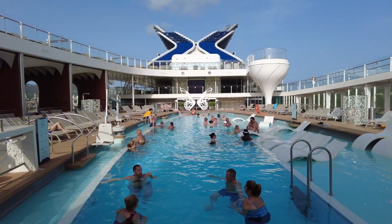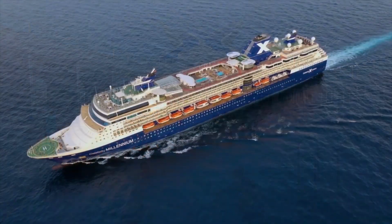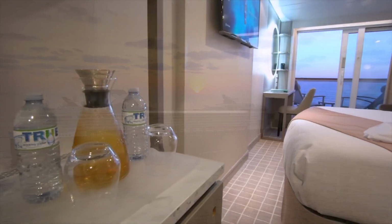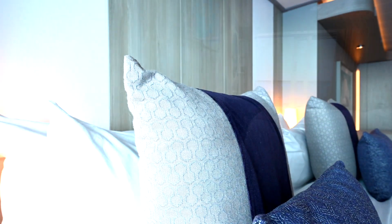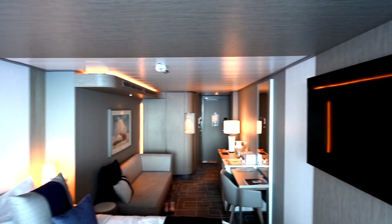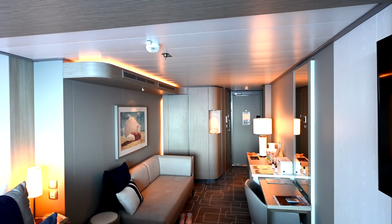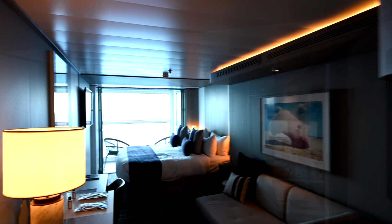The type of stateroom can play a big role for some cruisers. The main cabin types are inside, ocean view, balcony, and suites. Some of the basic amenities you can expect in all the stateroom types are 2 twin beds that can be connected to form a king bed or queen bed, a desk with a chair, phone, nightstand, and a reading light,